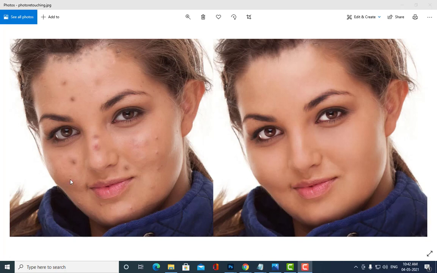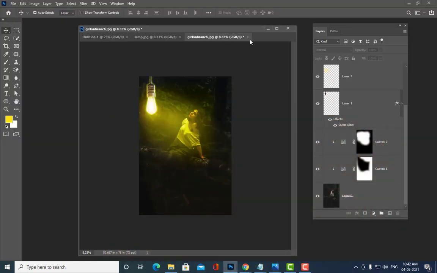Okay, so see here. We want this girl to look like this, and actually I will make her more good looking. Not just because the right side photo, even though it is clean, is still not that bright. So we'll add some brightness also. So what we'll do now, see here,